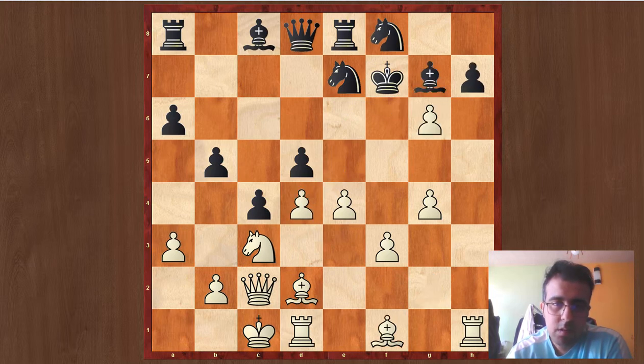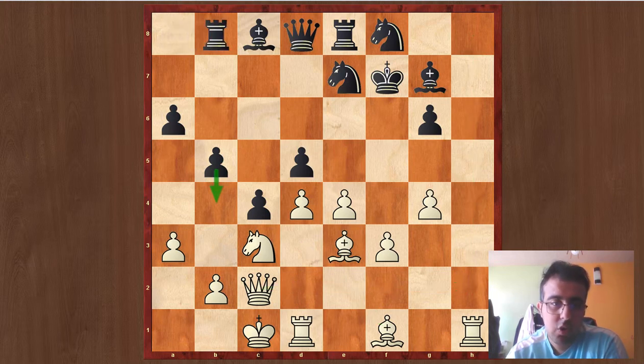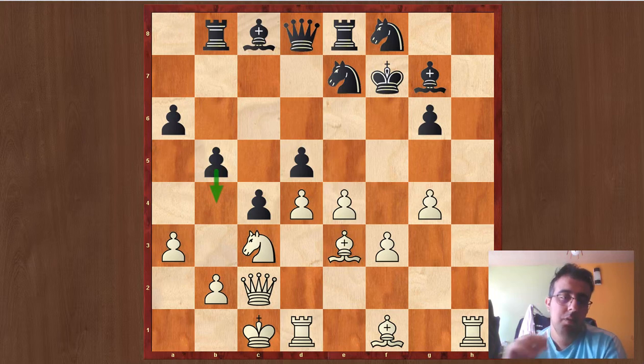As I said, bishop g2 is just bad because it just takes and just takes, and now they are at least balanced. But Parham plays the move bishop to e3, threatening to go queen h2 and control the h5 square here. So after rook to b8,